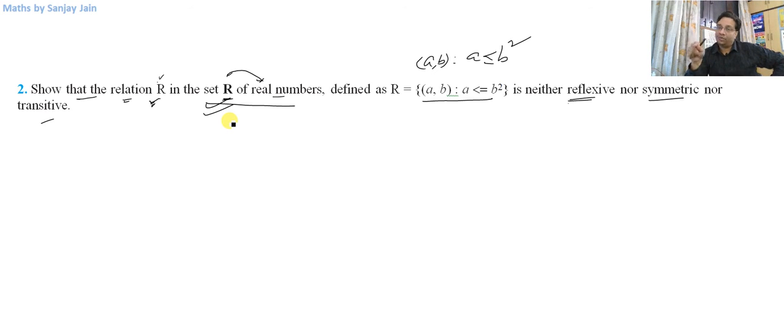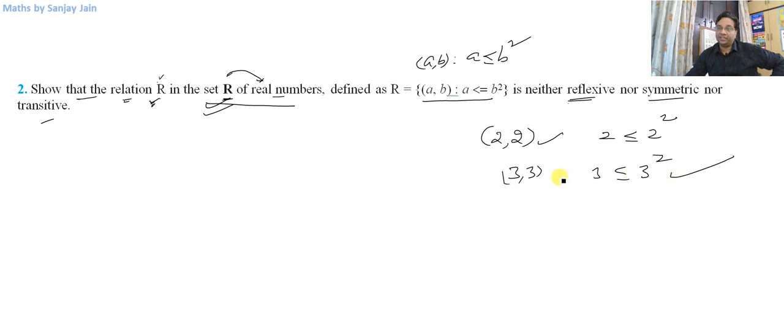But if I have to show it is not reflexive, I just have to show only one example, that is, for some real number that you may choose, you have to show that the doublet is not present, so it will not be reflexive. So I have to choose only one example. But if you take examples like this, for example, 2 comma 2, and check 2 is less than or equal to 2 squared, then yes, it is present. 3 comma 3 will be present because it satisfies the rule by which the relation is defined. 4 comma 4 is also satisfying this relation. So how do I think of this example?